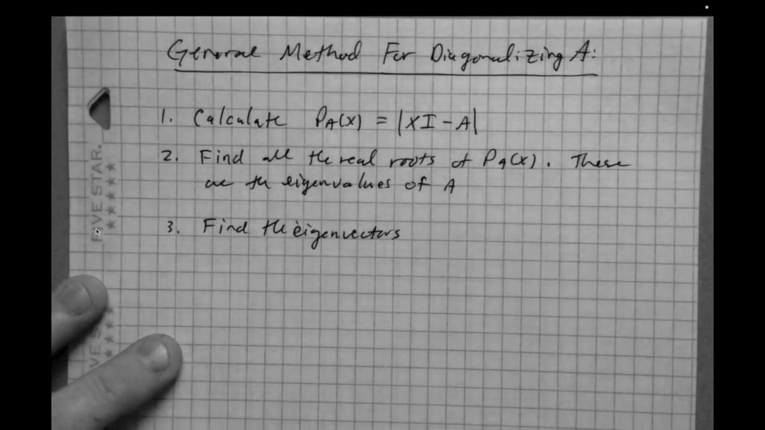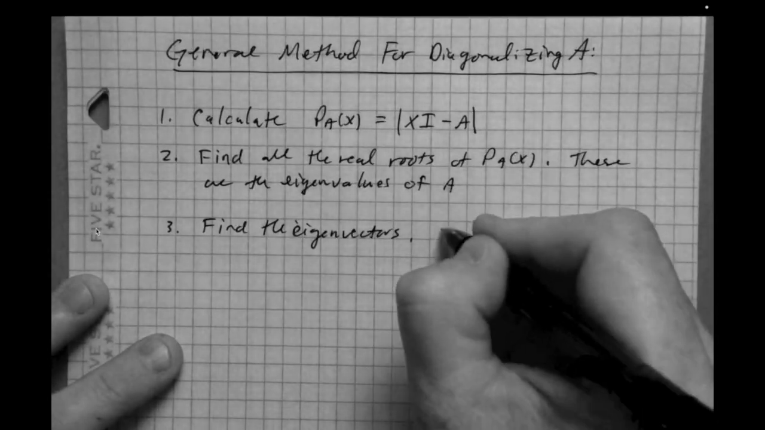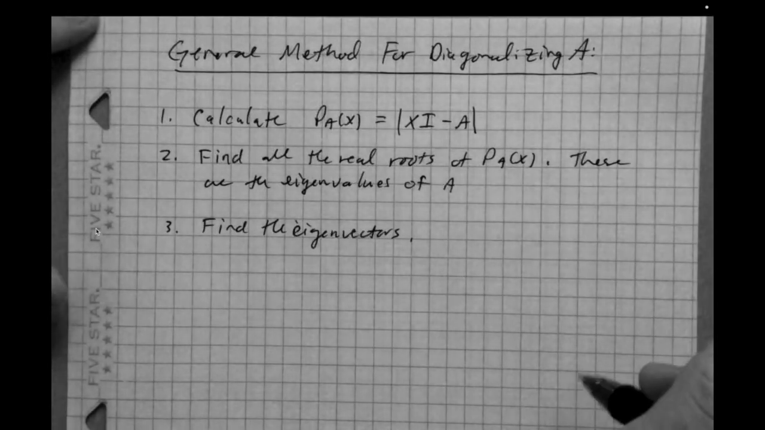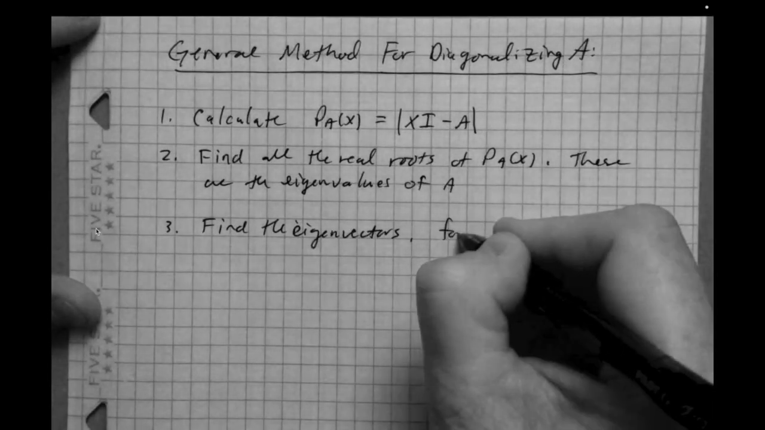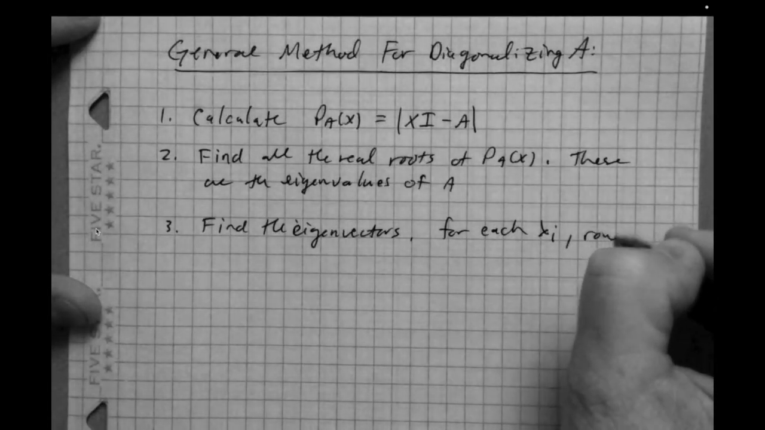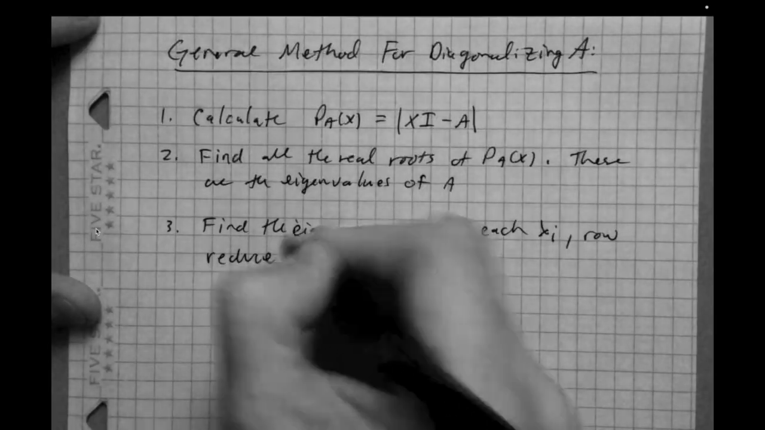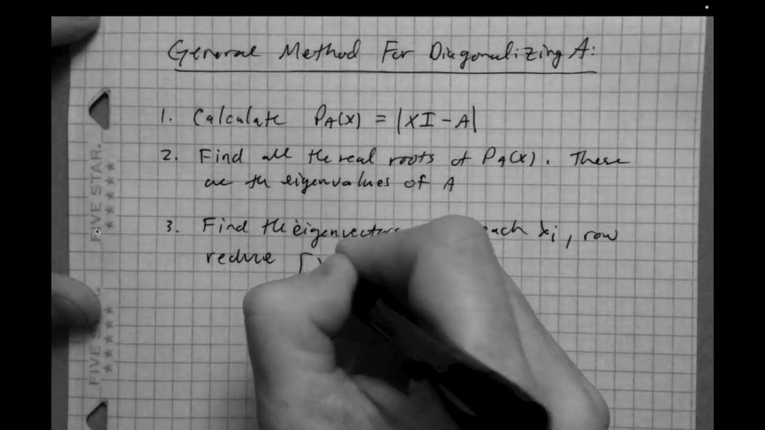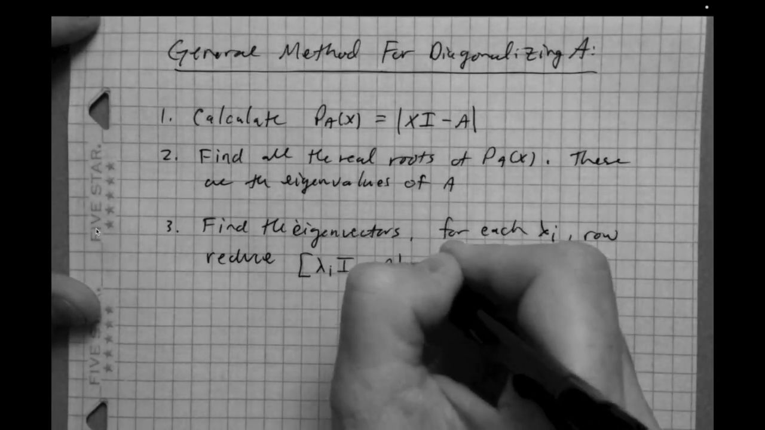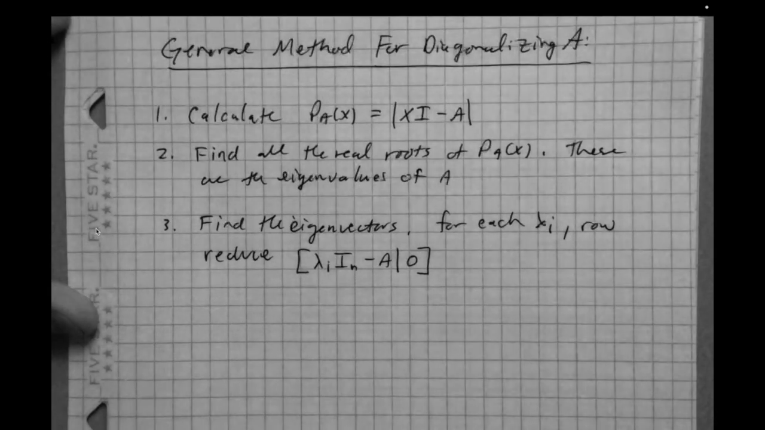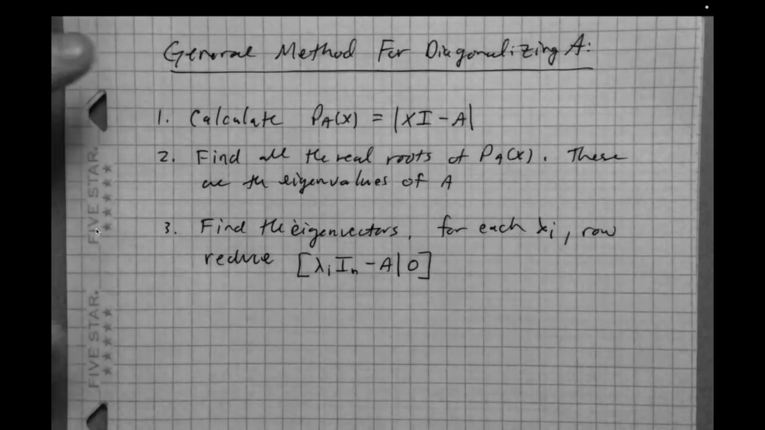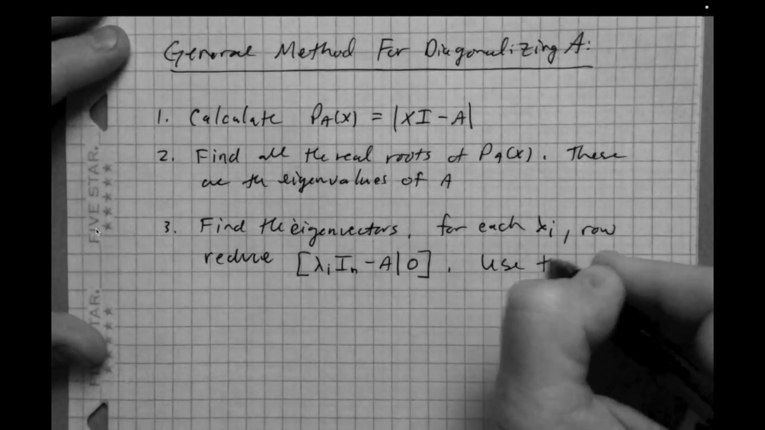Find the eigenvectors. You'll have to iterate, going eigenvalue by eigenvalue. For each lambda I, what do we need to do? We need to row reduce this system, lambda I times the identity minus A equals 0. This is a homogeneous system. Then use the result